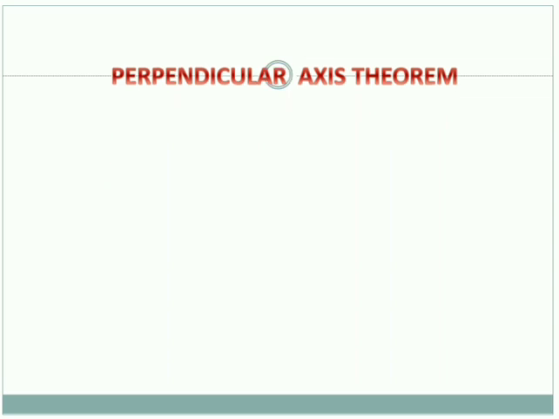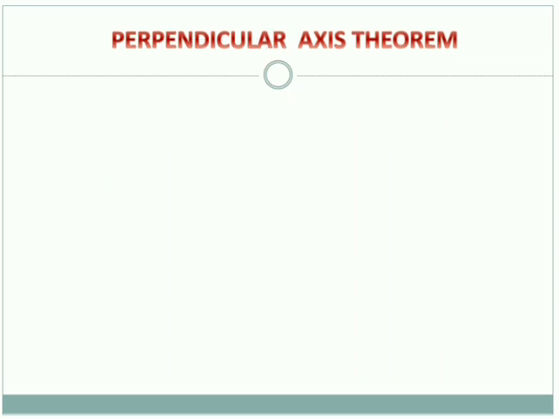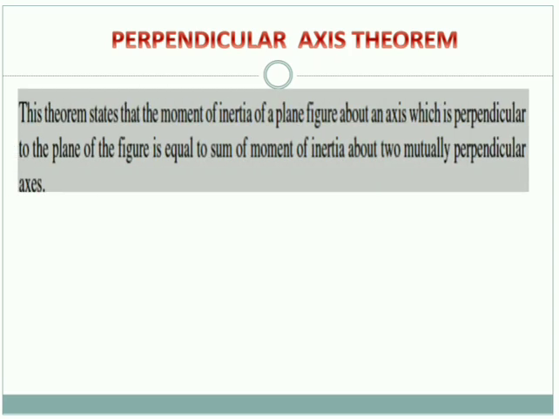So let's take up the perpendicular axis theorem. Now once the word perpendicular comes, that means your axes have to be perpendicular to each other. That basic thing you should realize. Now here we will be dealing with all the three axes, that is x axis, y axis and z axis, and all the three axes will be mutually perpendicular to each other. So let's check out the statement.